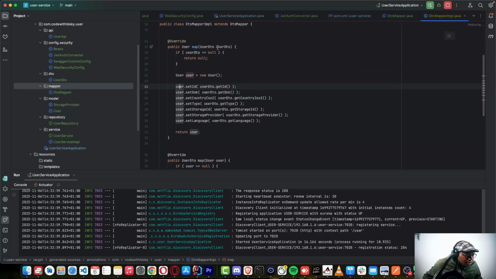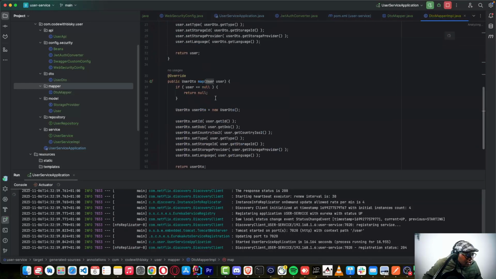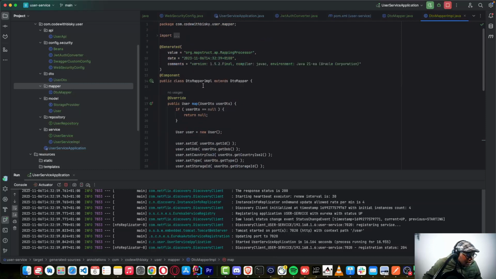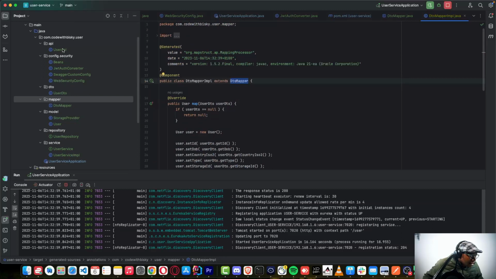It just takes the DTO details and maps them to user, or here it will check also the null and also map the user into user DTO, even the storage providers. So it's easy if you are working with this. So to use this in our application, we just do what we did before. So in our API,